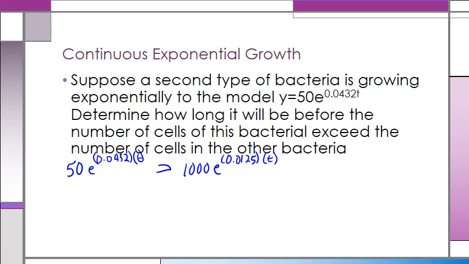Well, if we apply our product property of logarithms, let's think about doing it like this. I'm going to take the ln of 50, use my product property, plus ln of e raised to the power of 0.0432t, is greater than ln 1000